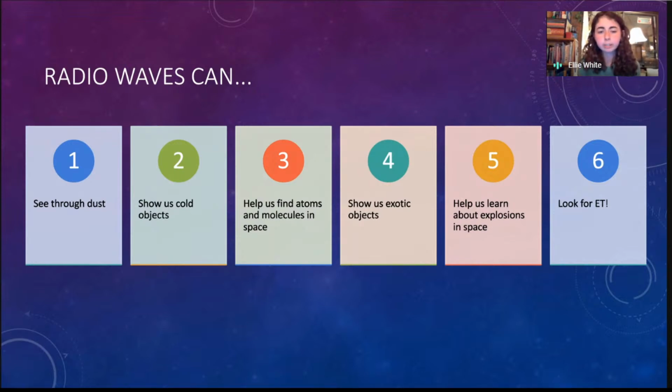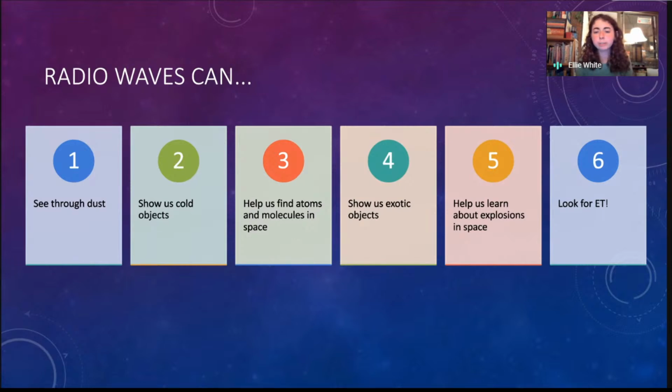In addition, radio waves let us find lots of fascinating atoms and molecules in space. For those of you who follow space news, you may have heard a couple of years ago the GBT detected the molecule benzonitrile, which is fascinating in terms of its implications for prebiotic chemistry in space. Of course, it's discovered lots more molecules since then. It does some amazing research there, if you think about it in the context of: could there be life out there in the universe?